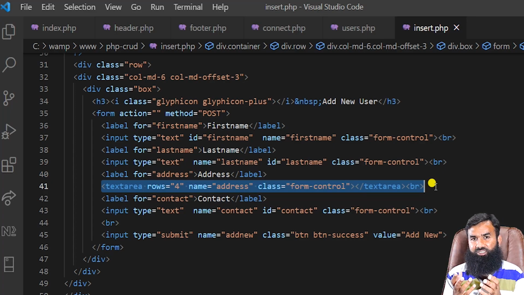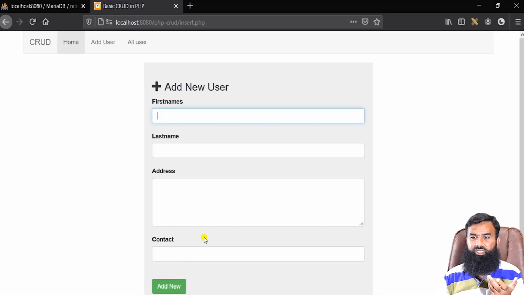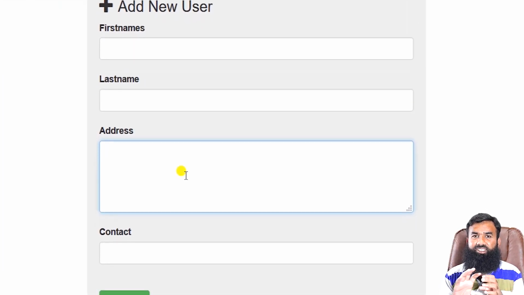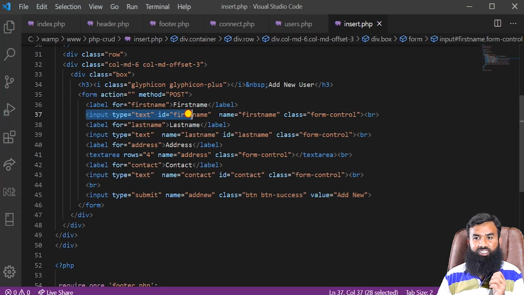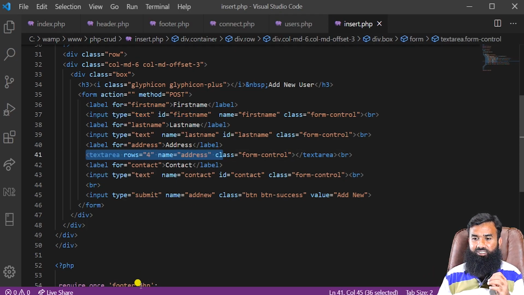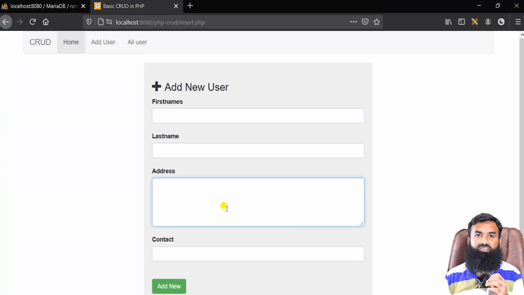Basically names could be a smaller string, like 5, 6 up to 10 string alphabets, but the address could be something bigger. So that's why we have added text area. It's important to understand, if we write this input type text, then it is going to make a small text field, a small input area on the page. And when we write something like text area, then it is going to write this kind of bigger structure, bigger section where we can type our